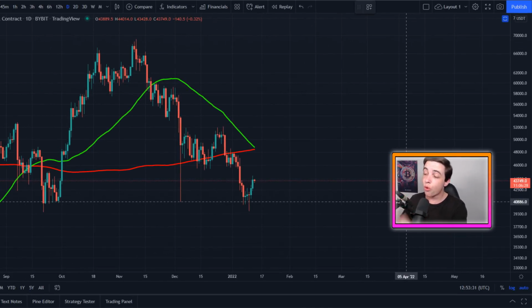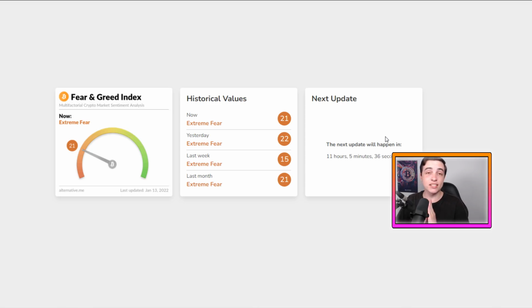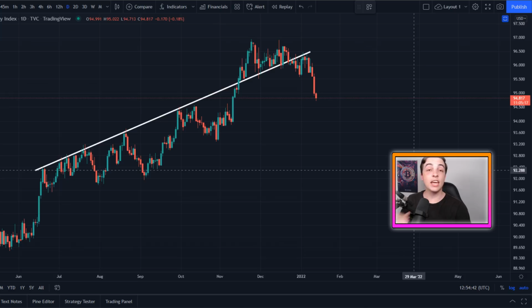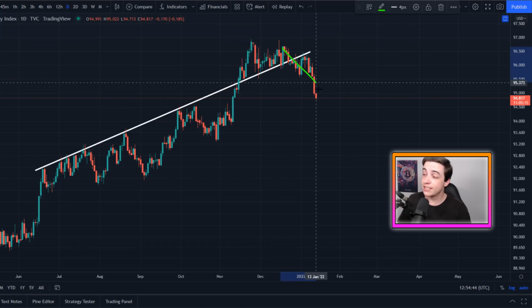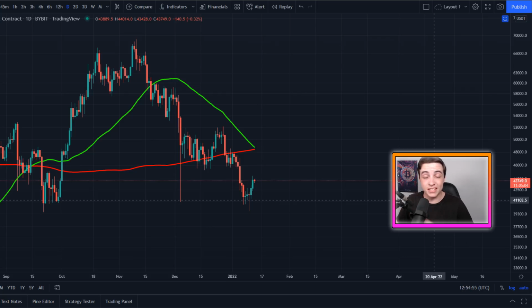My name is Josh, and right now, Bitcoin is getting extremely close to a death cross. So in just a moment, I'll be explaining exactly what that means for Bitcoin. And due to that, we are seeing extreme fear and a lot of money flowing into short positions. Even though the US dollar is falling to the downside right now, this is important to pay attention to. So I'll be covering all of that and more in this video. So definitely stick around to the end so that you don't miss out on any of this important information.